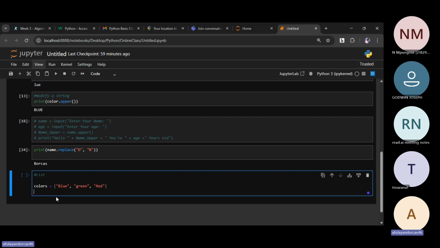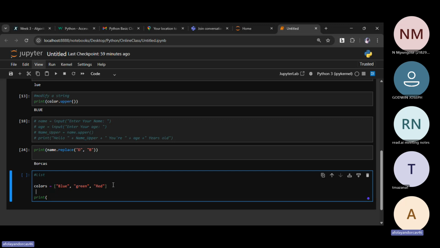Now, if I want to get access to blue, we talked about index. Blue takes index 0, green takes index 1, and this one takes index 2, since they are in the same variable.